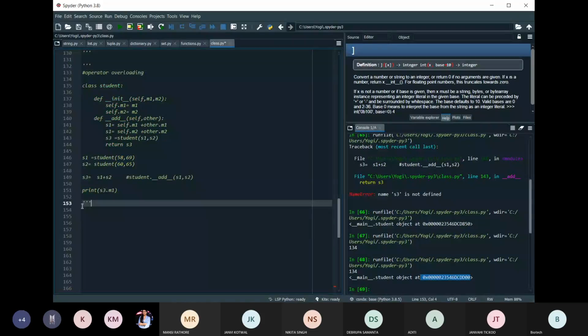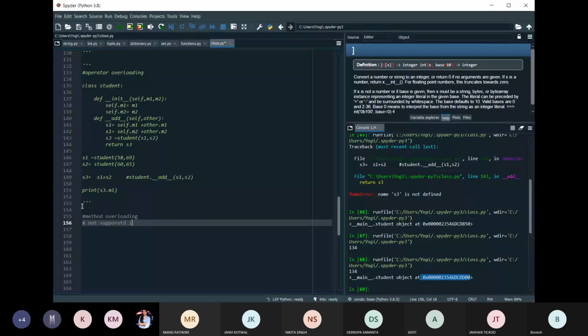Method overloading is not supported in Python like in other languages. We cannot directly implement method overloading, but we can use a trick to implement it if we want to.